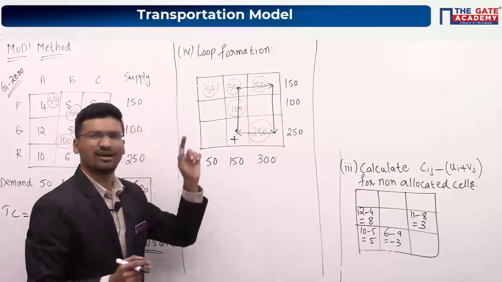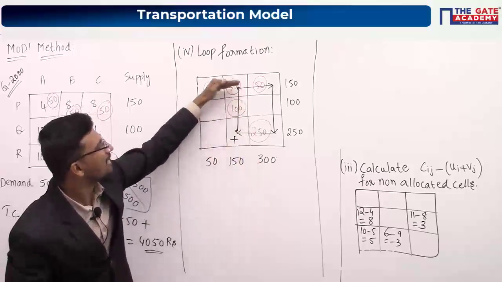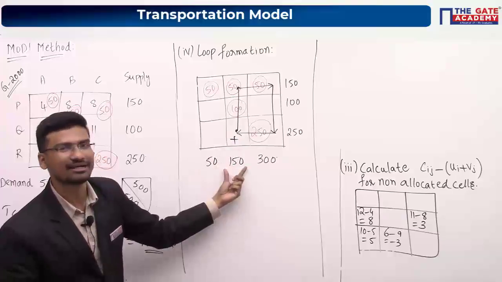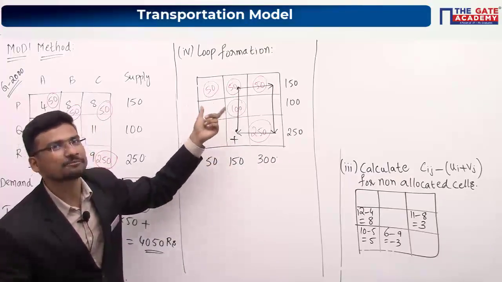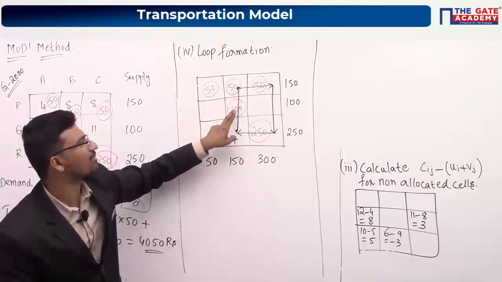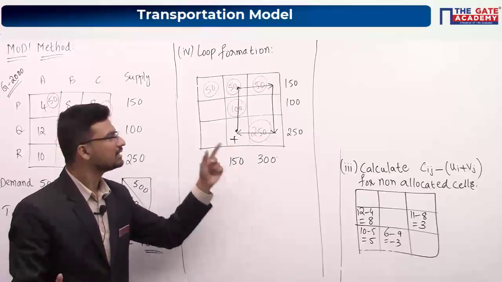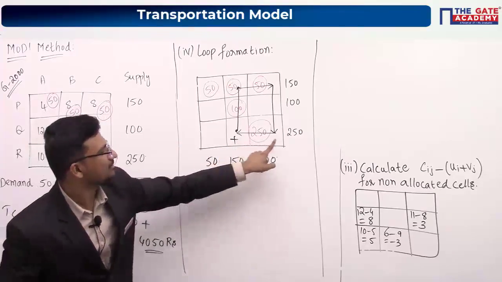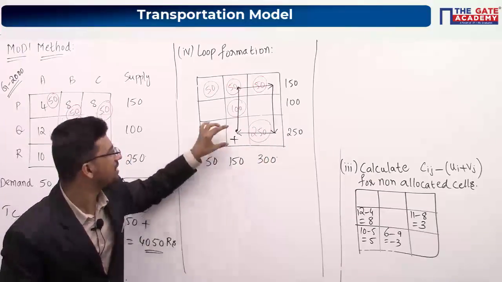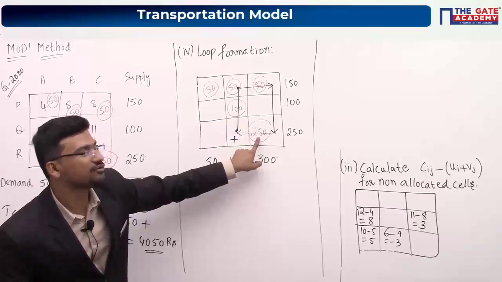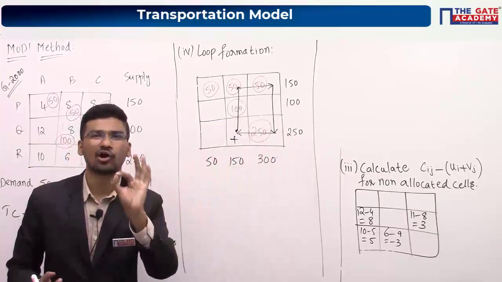Okay, whenever you are adding some number of units here, you have to subtract from other allocations so that you can equate to 150. Let us say if you are adding 10 units here, maybe you have to subtract 10 units from here or from here so that you can equate that to 150. Similarly, this will also change because already you have 250. So if you are adding 100 units here, you have to subtract 100 units from this particular allocation so that this 250 remains constant.